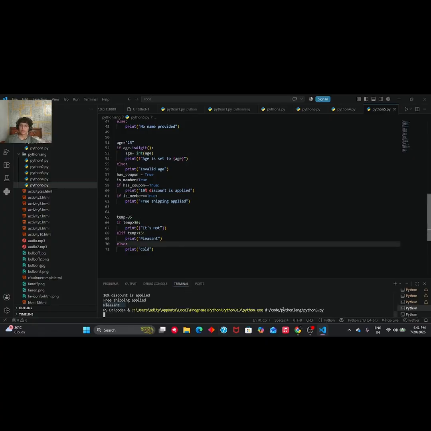Print Python. See, it's hot. सारी सारी की सारी हो जाएगी। एक बार और भी चेक करते हैं, 10 लिख लेते हैं टेम्परेचर। अब कोल्ड आएगा। सी, वी गॉट कोल्ड।